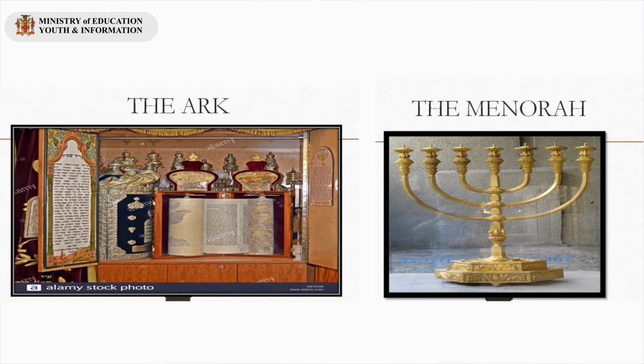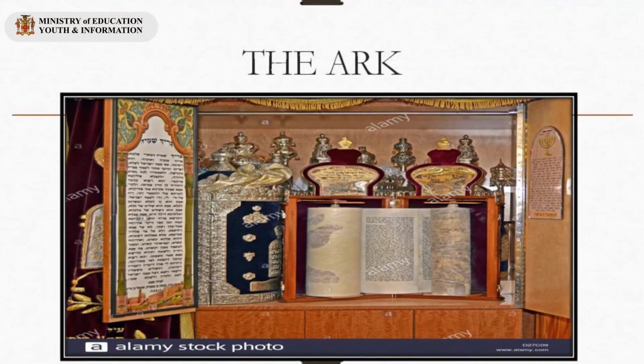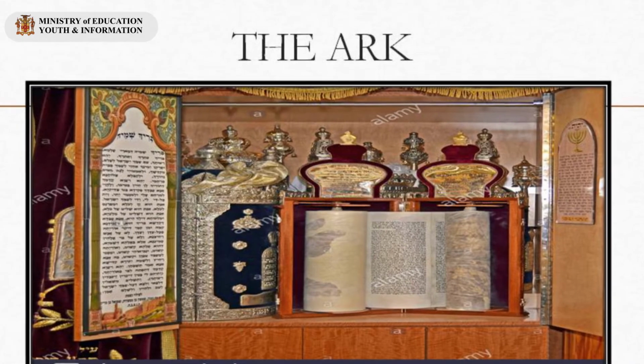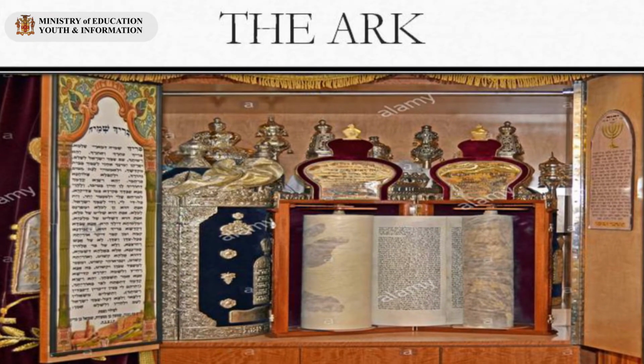Another symbol to look at, the ark and the menorah. The ark is a cupboard at the front of the synagogue that houses the scrolls on which the books of the Torah are written. It is the holiest part of the synagogue. It is a symbol of the Ark of the Covenant, a sacred container in the Jewish temple. It contained several sacred items, including the tablets of stone on which the 10 sayings were written, Aaron's rod,